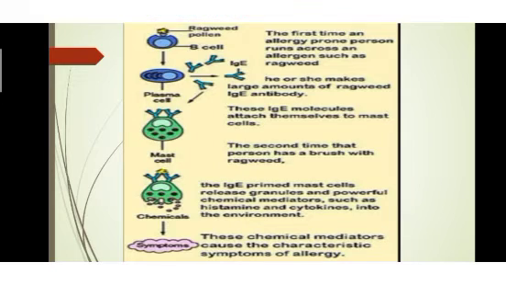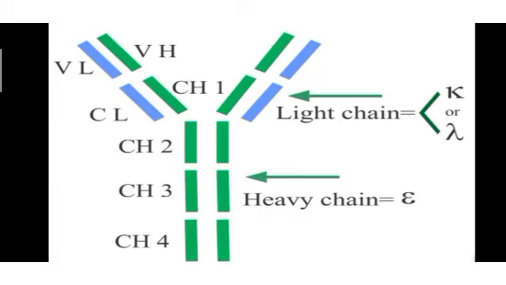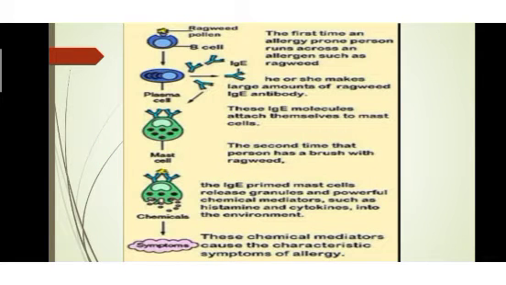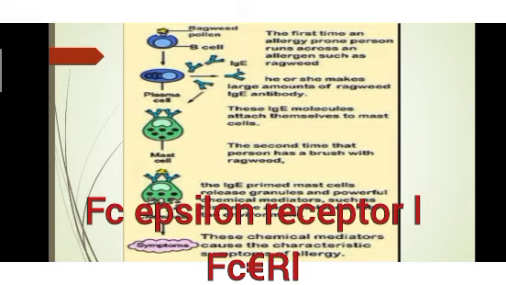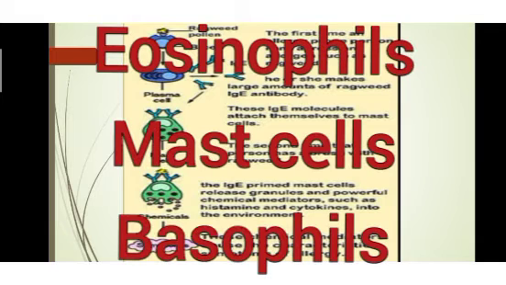The heavy chain of IgE contains an extra domain, CH4. We can see that in other immunoglobulins the constant regions of the heavy chains are 1, 2 and 3, but here one extra domain is present. So what is the function of this extra domain? By it, IgE attaches with high affinity to the Fc epsilon receptor 1, found primarily on eosinophils, mast cells and